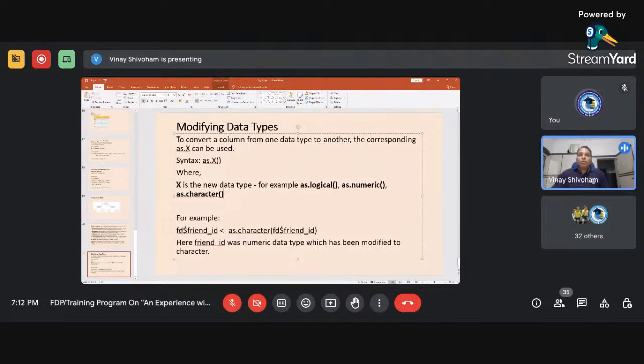For example, if you have a friend data table and you want to change the column of that data table, friend ID, into character type, then what you have to do is FD $friend ID. That means from the friend data table, select the column friend underscore ID and reassign it as character of